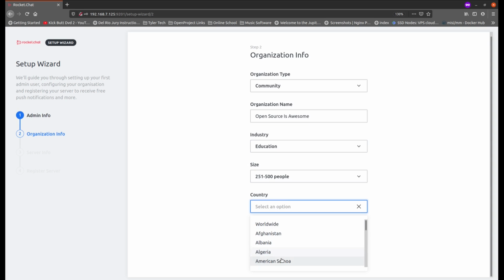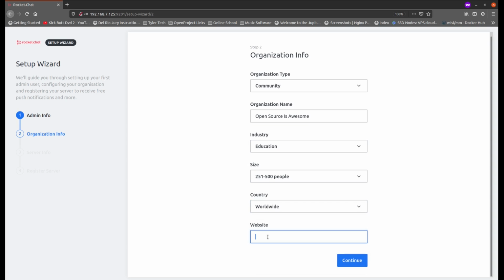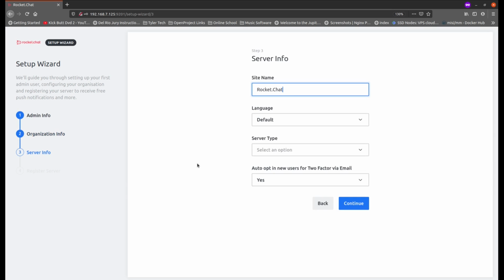Country, and I'm going to just say worldwide. And then my website, which is https:// and this is ShowNotes.opensourceisawesome.com. We're going to hit continue, and it wants to know the site name, so we'll call this OSIA for